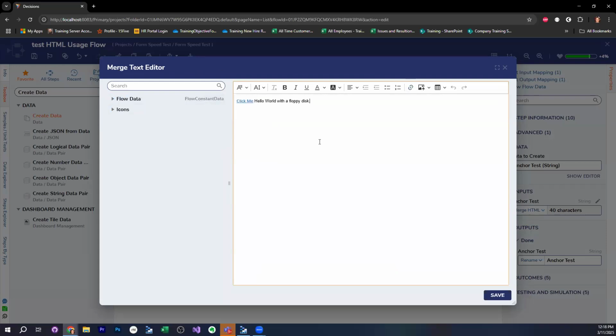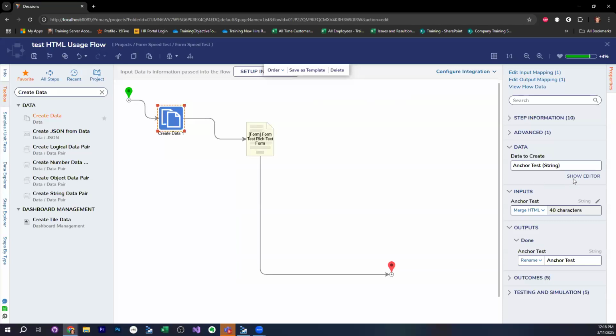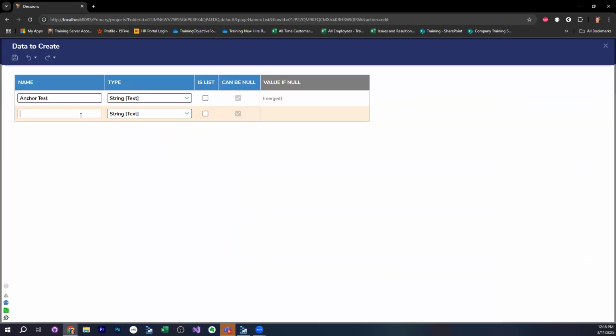But I'm just curious if we're able to do it, let's do floppy disk. Am I able to do this dynamically? No. So I think there's probably a scenario. Let me just do one more test and then I'll pass it back to Jeremy. This is anchor test 2.